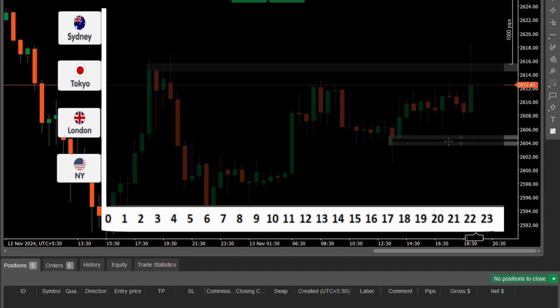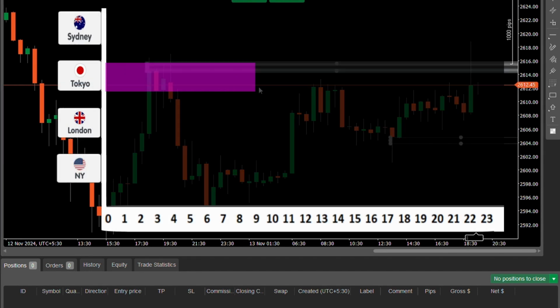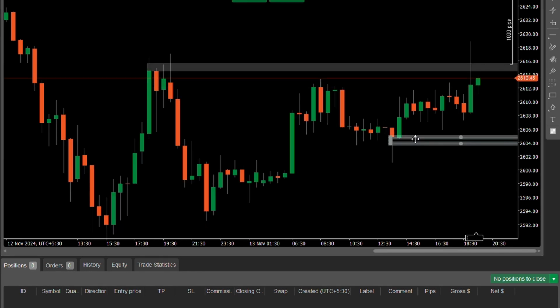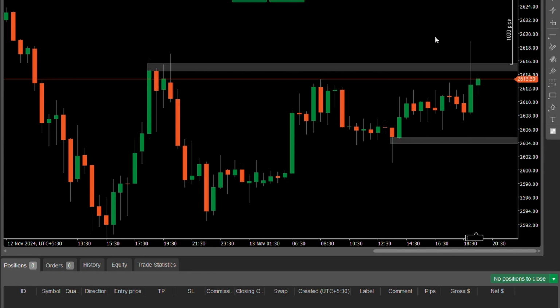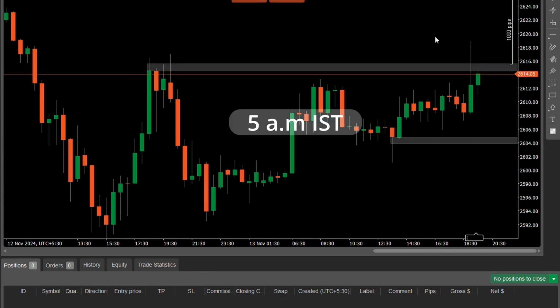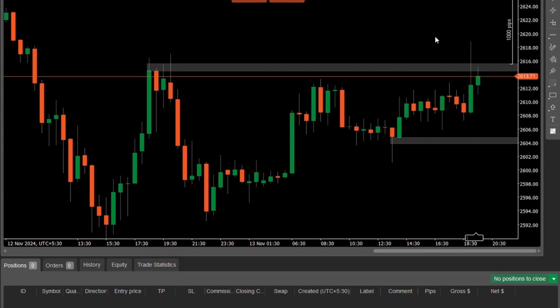This session starts at 12 a.m. and closes at 9 a.m. as per GMT. Mostly I avoided the Asian session because if I want to trade this session, I have to get up at 5 a.m. That was too early to start a day. That's why I don't trade the Asian session.